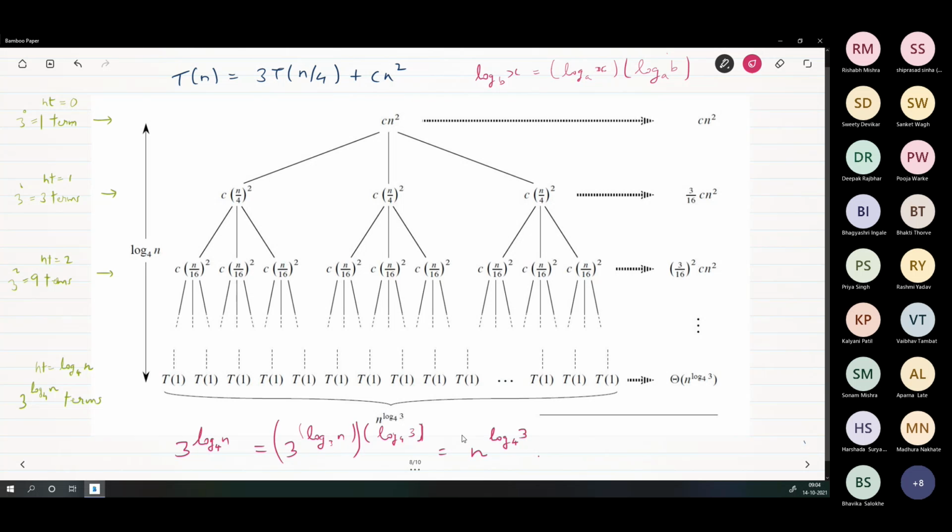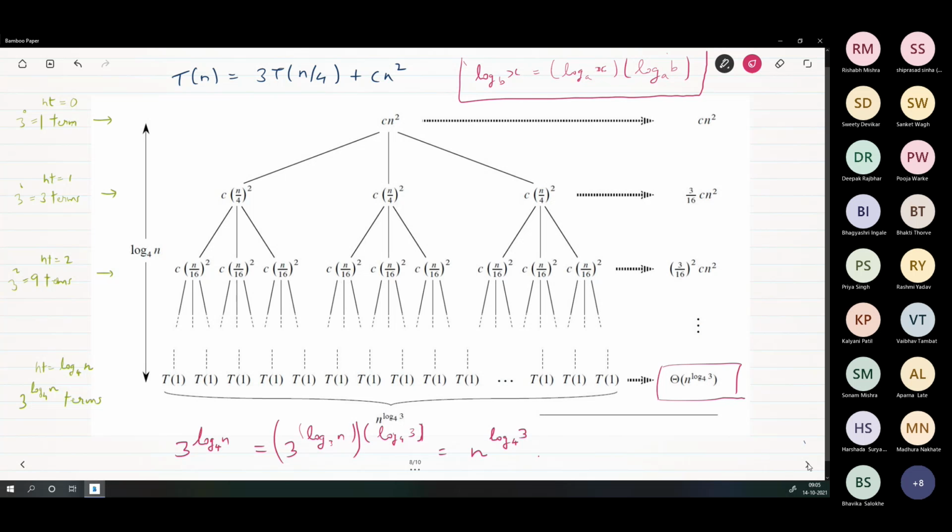Hello, is that log manipulation clear? Yes, sir. We're just using this base change of log. I think it's okay. And now why do we write theta of this? Because we write T of 1 for convenience, but it is order 1, no? It might be a little bit different. It is big O 1 or theta 1. So therefore we just approximate that and conveniently write this as theta of this term. That will be the cost. Okay. So that is how we get this.